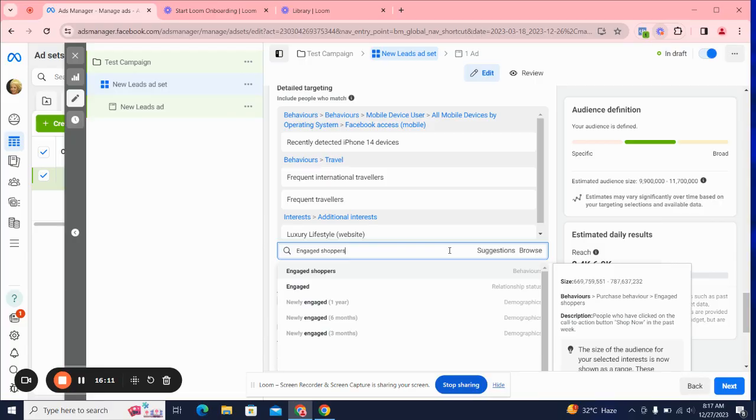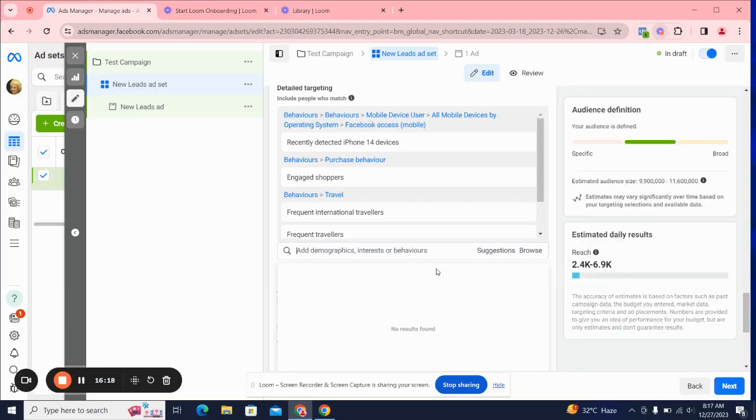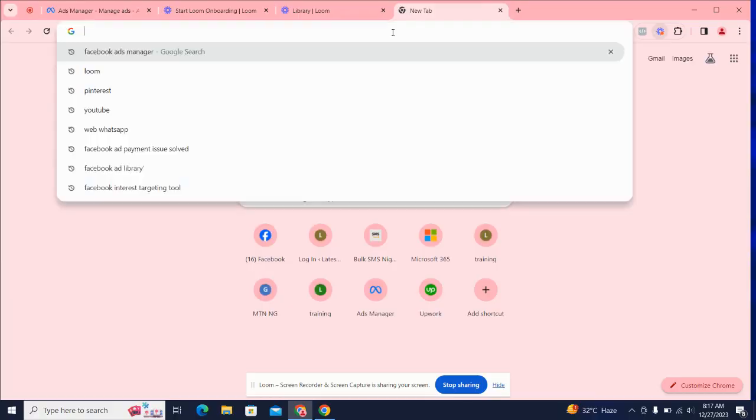These people are already spenders, right? They are spenders already. So you just need to put your messaging or your ad in front of these people. Now I can decide to just continue setting up the ad. But if, for example, after setting this interest, I want to be a bit more specific, I can decide to do a Google search, right? And say, for example,